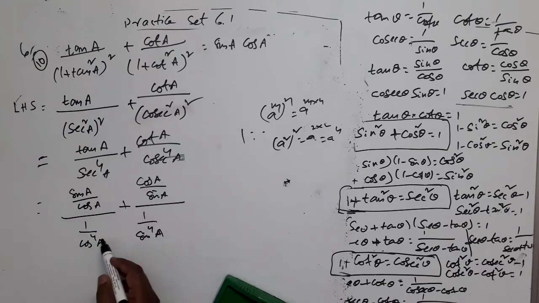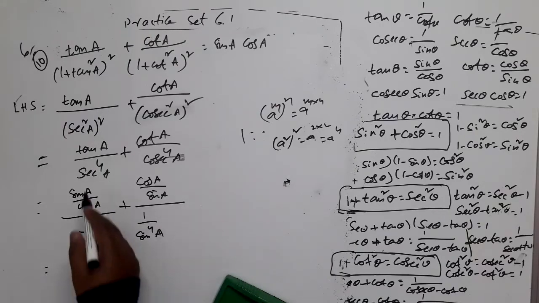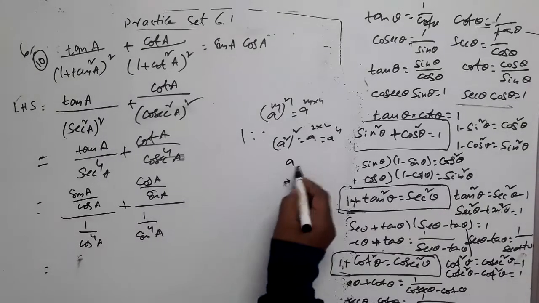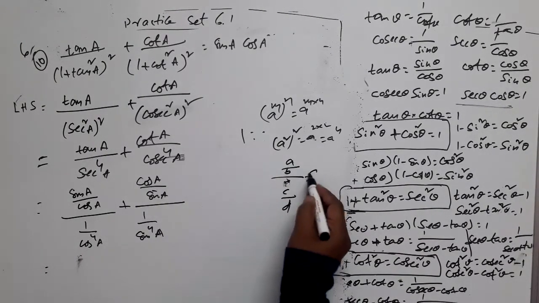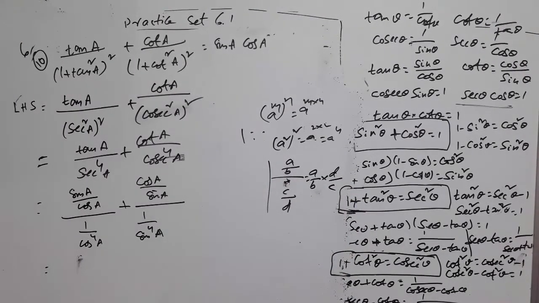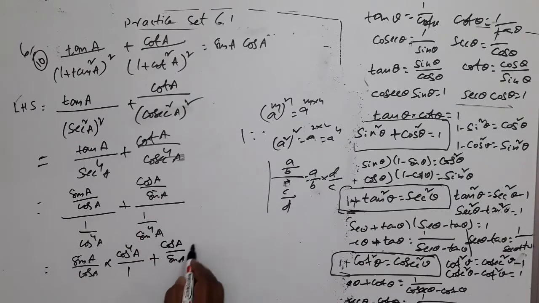Denominator is cos A here. Here the denominator is cos power 4A. Can I cancel one cos here? Yes. If I cancel, of course sin A I am writing as it is, or let us write one more step here. If I have A by B by C by D, what can I write? I can write it as A by B multiplied by D by C, right? So I am writing it as sin A by cos A multiplied by cos power 4A or cos A whole power 4 by 1, plus, in the same way, cos A by sin A multiplied by sin A whole power 4 by 1.